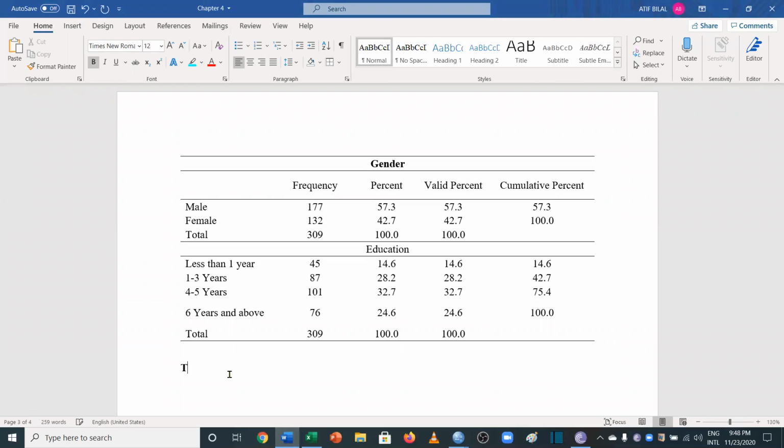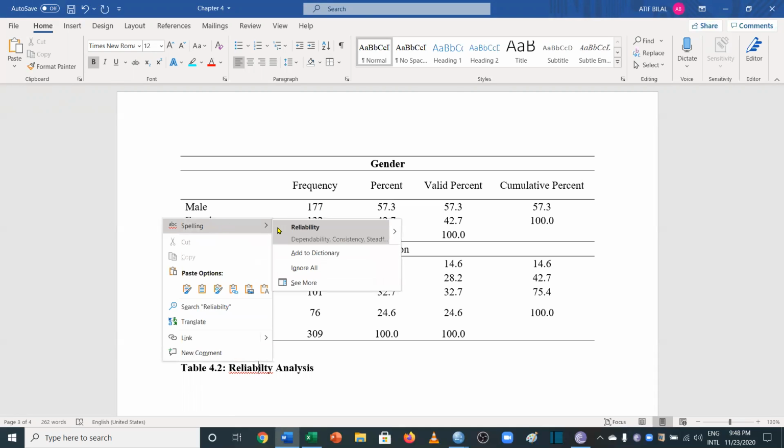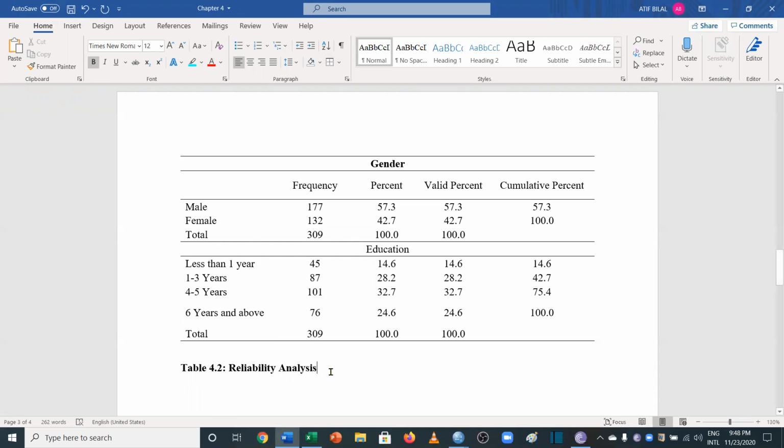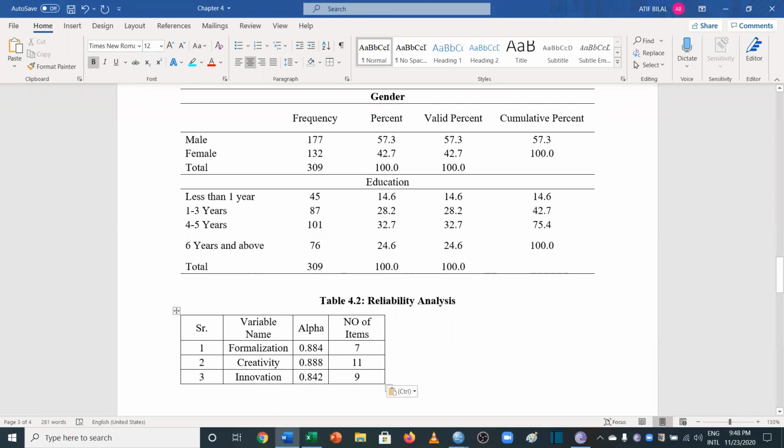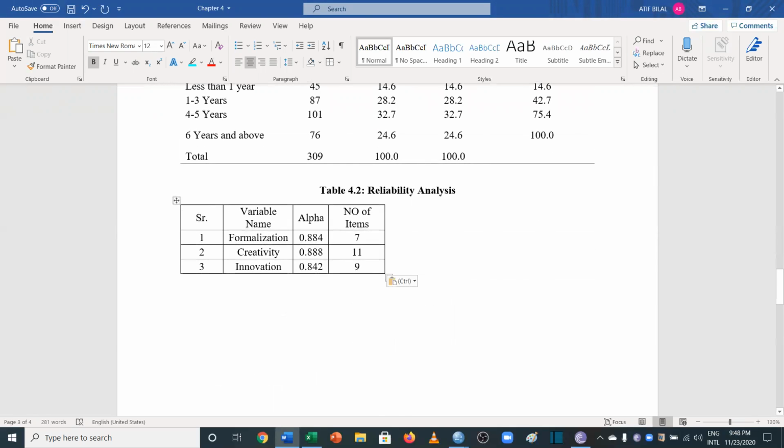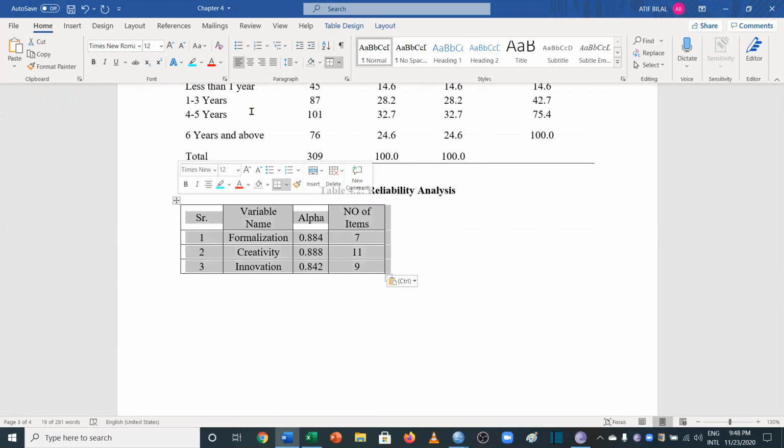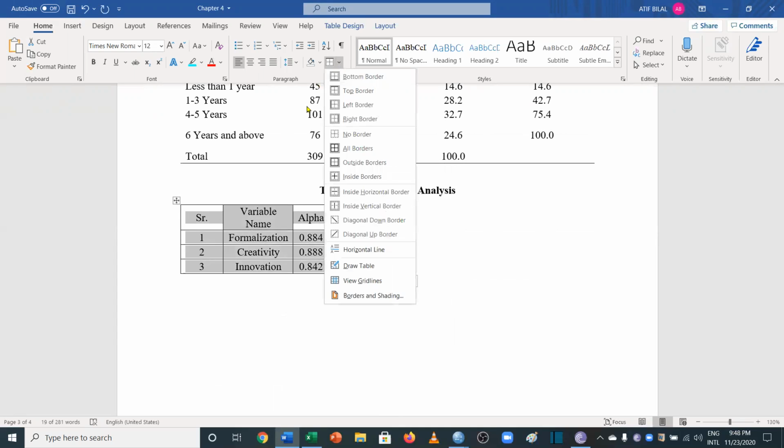and give it a name of, for example, Table 4.2, reliability analysis. And then you can simply paste your table here. We can take this to the center and then just paste the table here. Now, after pasting it, obviously you'll need to convert it to an APA style table. The first thing,